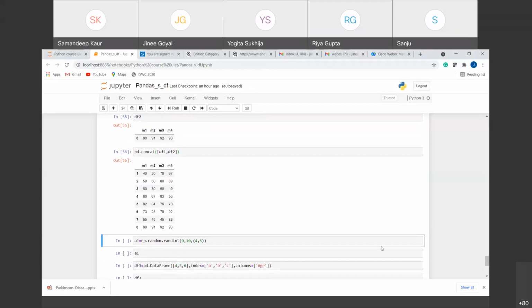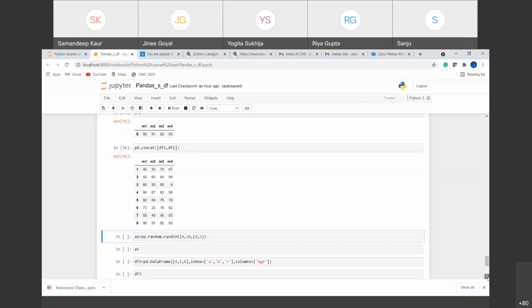Okay, so I have shown you how we can concatenate the two data frames. I have created one data frame that consists of 4 columns, and we can add it to the first data frame. So it will be appended at the end of the data frame, right?